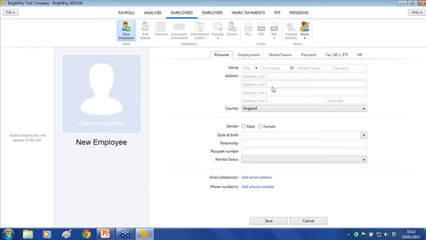Okay. And you're presented with several tab headings here. So it's really a case of just working through each of these screens. Our first section is the personal section, and you'll be asked for the basic information about name, address, gender, date of birth, passport number if known, marital status, and also the option to enter an email address. That's particularly useful if you wish to email your employees their pay slips or their P60s at the end